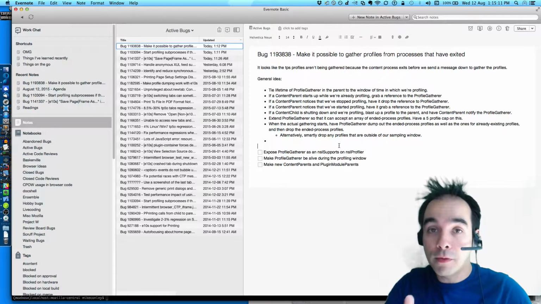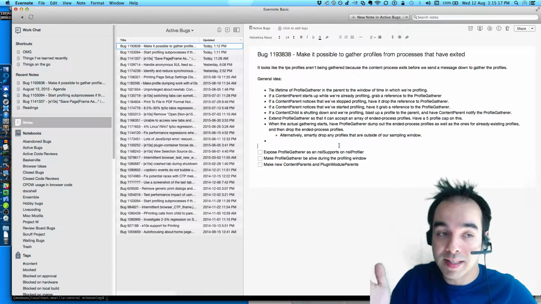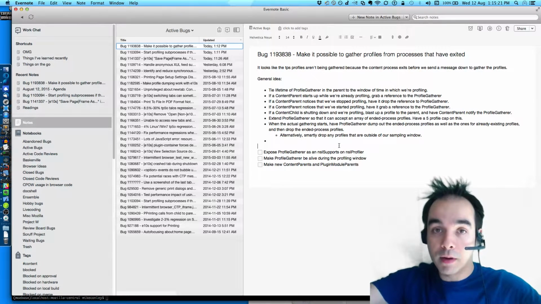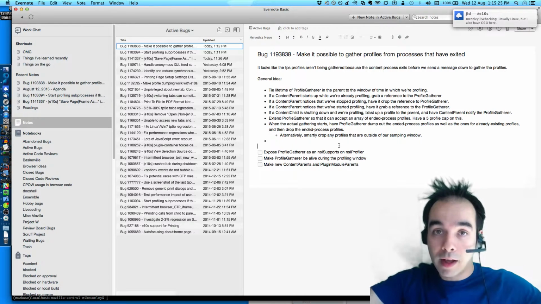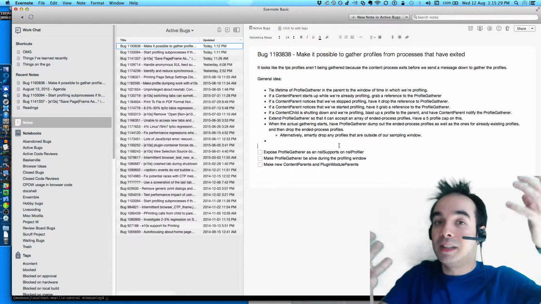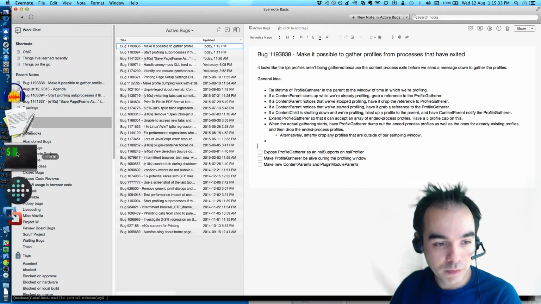And we were creating the profile gatherer at that latter stage where we just want to get the report from everybody. But I'm saying we need to get the profile gatherer instantiated and running for the entire recording window, because if a subprocess dies during the profiling window, we want to use the profile gatherer to get the last breath profile from the content process before it shuts down.